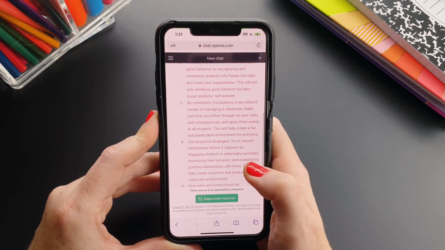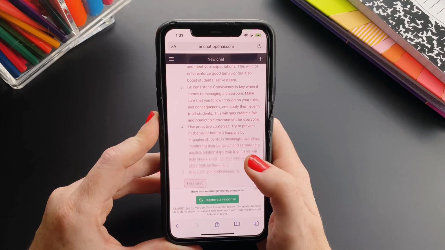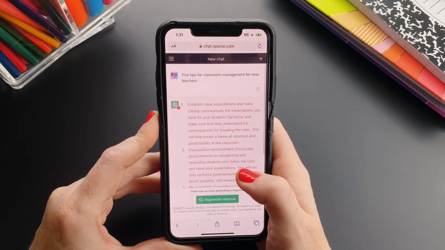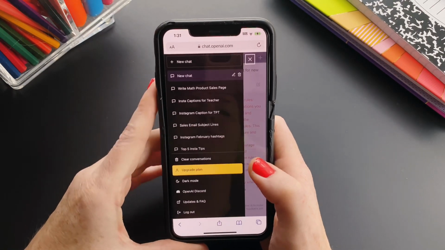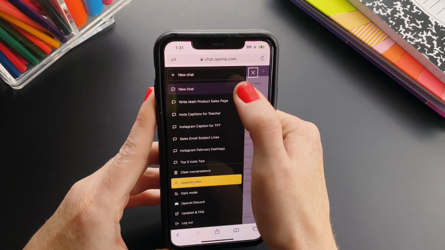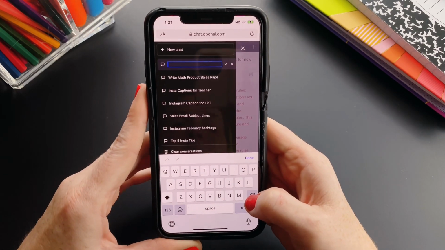So this I had a load fail, but honestly, this is enough information, as you can see, to go ahead and get started with a carousel or a blog post. Now, when you go over here, for example, it did not give me a title for that chat, so you can tap the plus sign and write a good title that you'll remember next time.